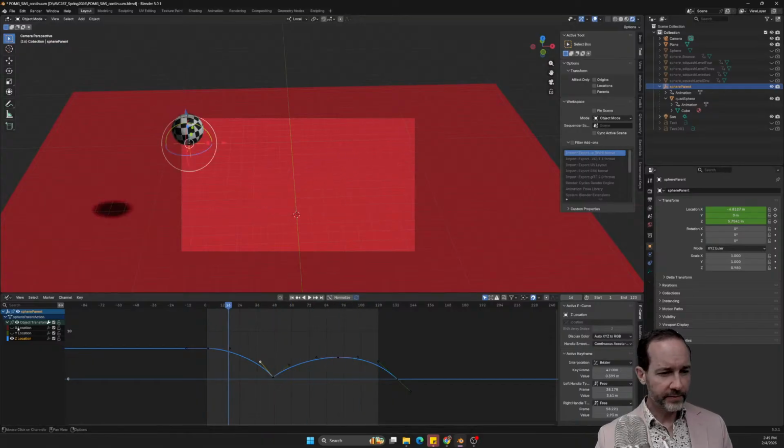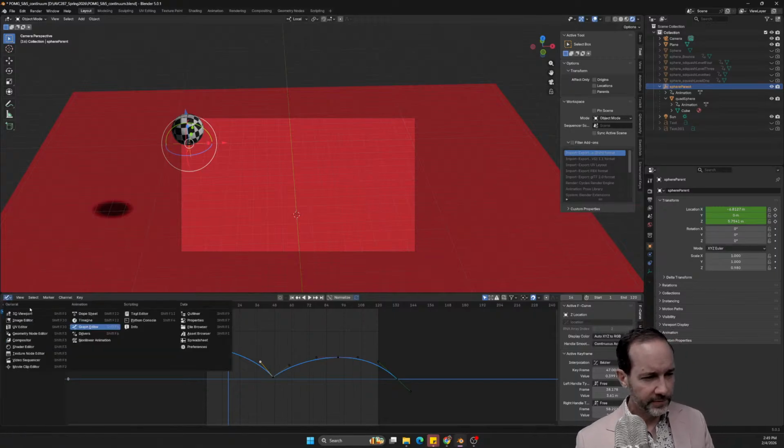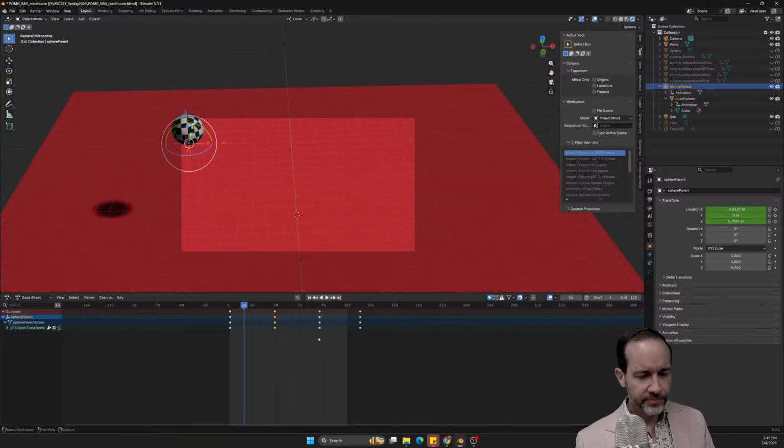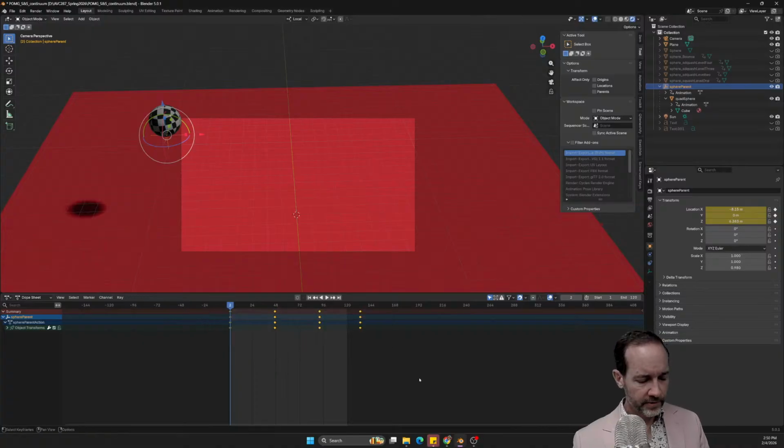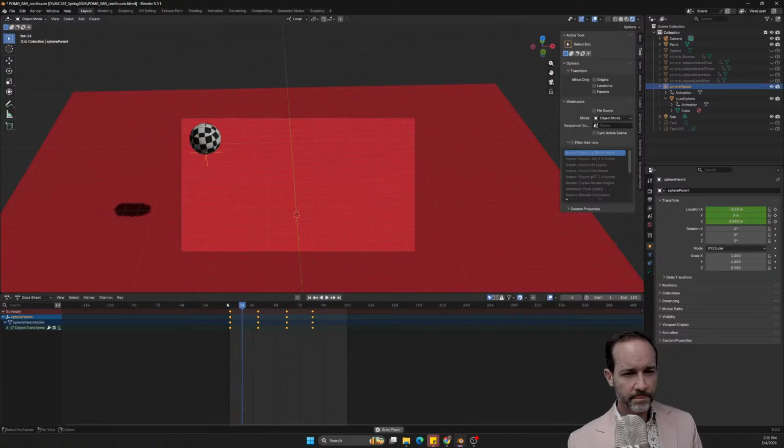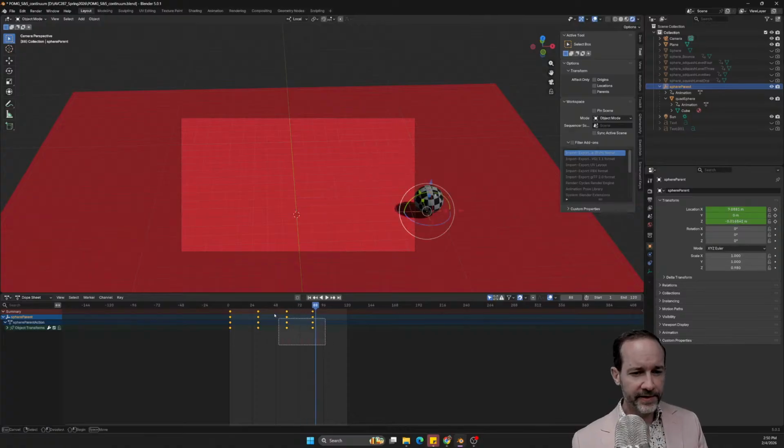All right, and so now, there we go. Timing's not quite right. Let's go back to the, or at least it needs to be a little bit better. Let's go over to the dope sheet view here. I mean, it all feels kind of sluggish. So I'm going to take these like so, press S, and smush them in to get a little bit more. The second half definitely slows down.